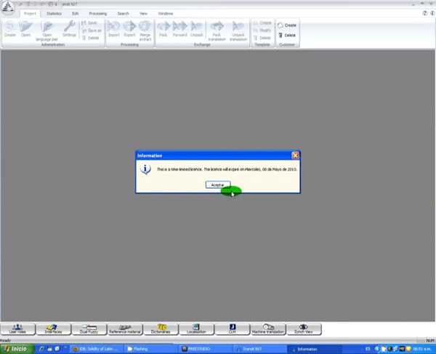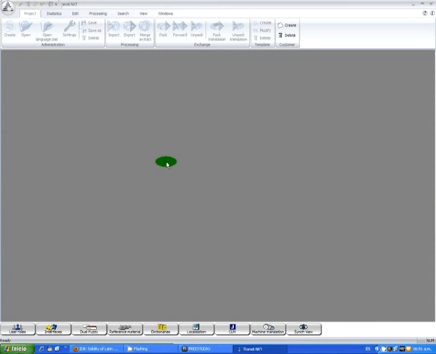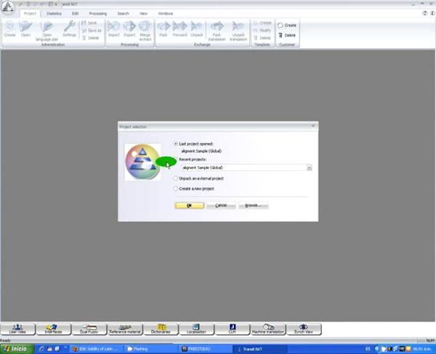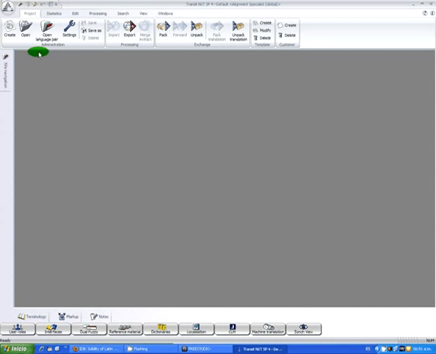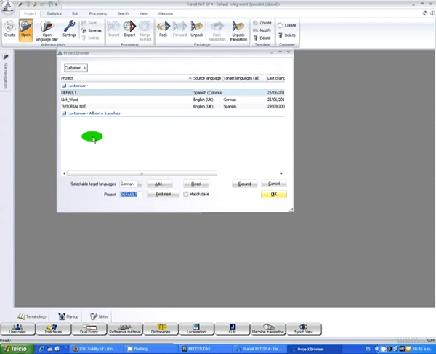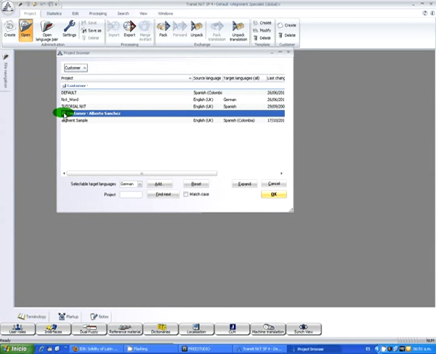Okay. So I need to open the project first. Let's open, cancel, and I'm going to open the project from here or from the previous window, from anywhere. Open. The name of my project was, okay, I have here the customer Alberto Sanchez, remember? I press the plus, okay, and alignment sample